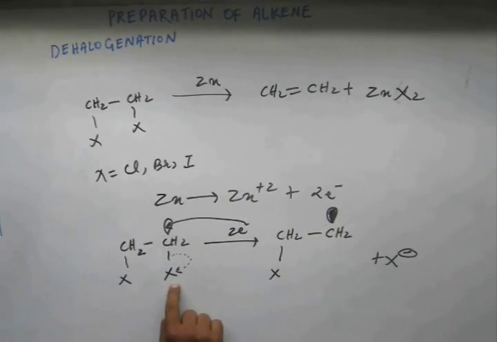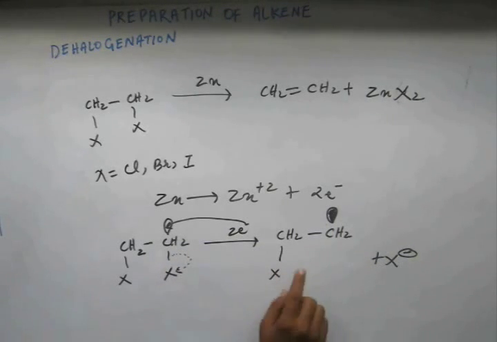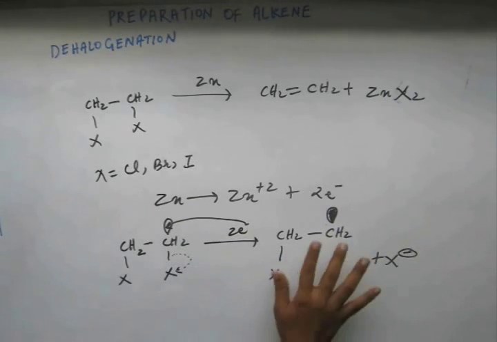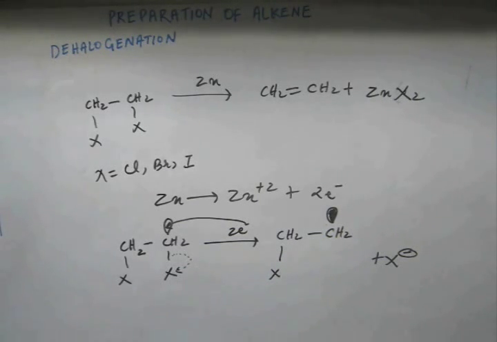So this X will come out as X minus, and this C will gain those 2 electrons, first from C dot and next from C minus. I have shown you like this, right? Now what would happen simultaneously, although I have shown that X minus comes out, but what would happen simultaneously is,